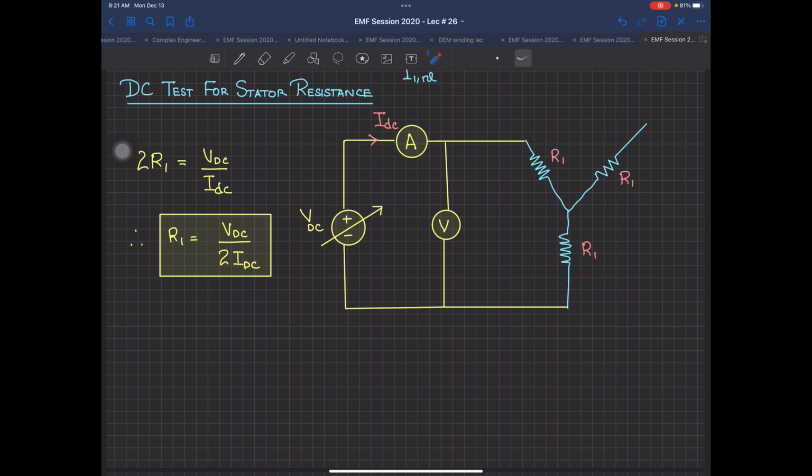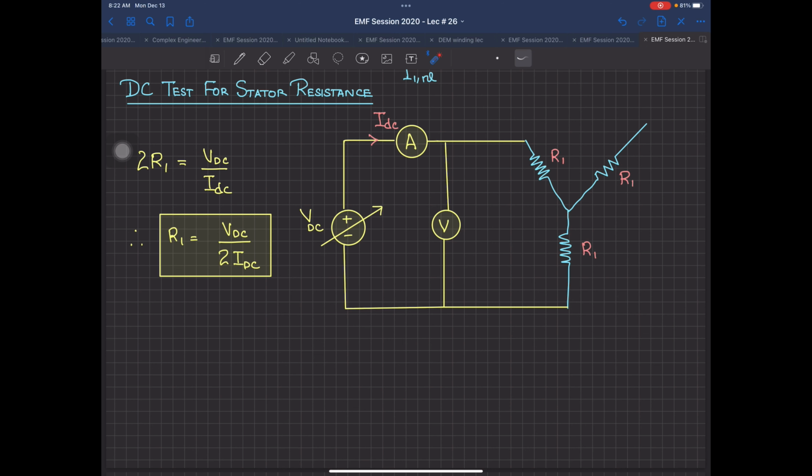Secondly, the second error in the test you are doing is that you are not making the winding heated up. When the machine is running, the rated current is going to flow through it. When it has a rated current, temperature will increase, and you all know temperature has a direct relationship with resistance. So when the temperature is more, the resistance is more. So the actual test defined in IEEE section number 112 is to be done at the rated